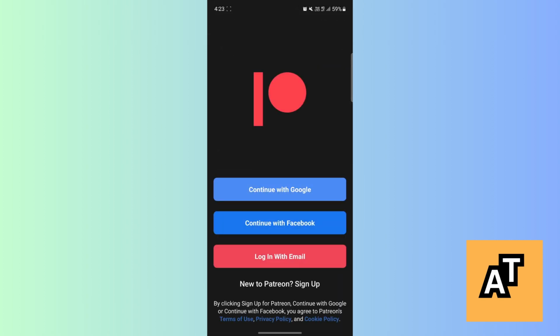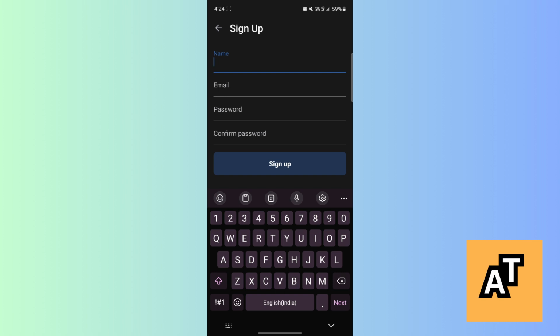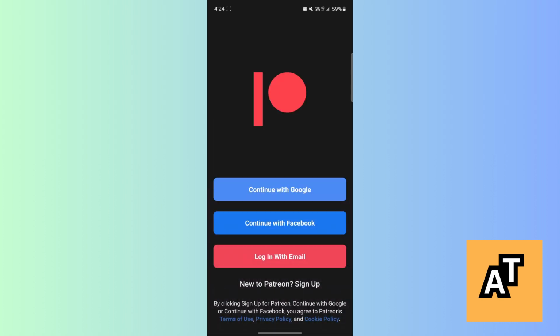After opening this, you will see a page. Now, if you are new to Patreon, then you need to sign up. Click on sign up. Here you can see you just need to add your name, your email address, a strong password and a confirm password, and then sign up. Now I have already an account in my Patreon app, so I'm just continuing with Google,